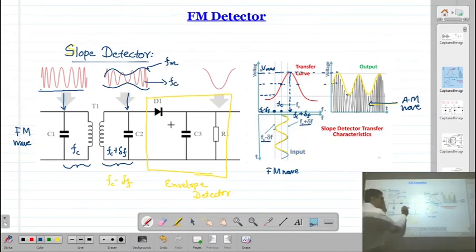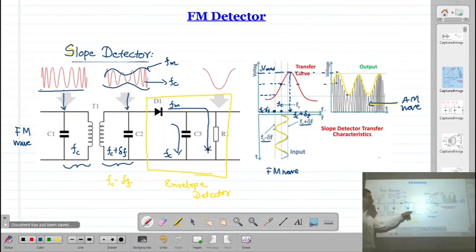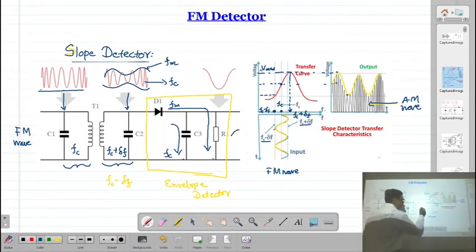So the carrier frequency will pass through this filter circuit, and the modulating frequency Fm will pass through this resistance R. Why? Because the reactance of the capacitor is very low for the higher frequency, and the reactance is very high for a lower frequency. So the modulating signal cannot pass through the capacitor, but it will have to pass through the load R. And as a result, you will get this kind of wave in the output of this. You can say it is my modulating signal.